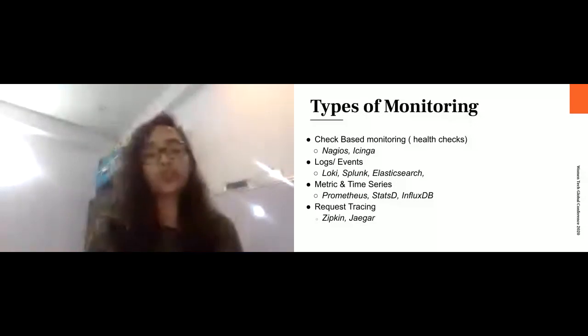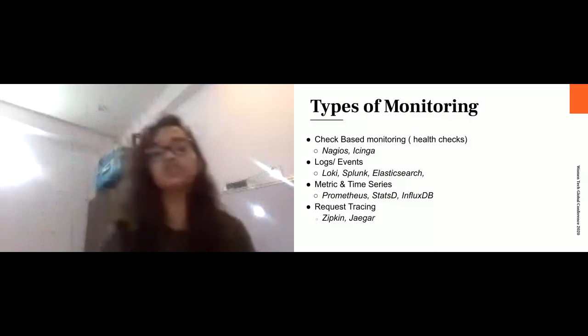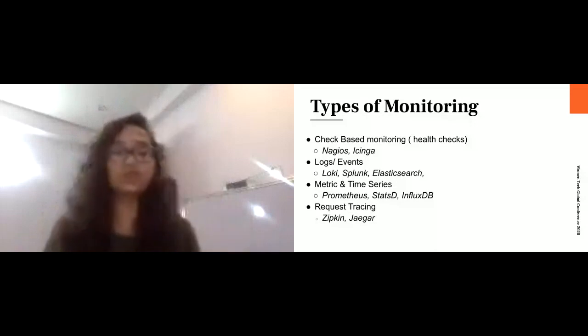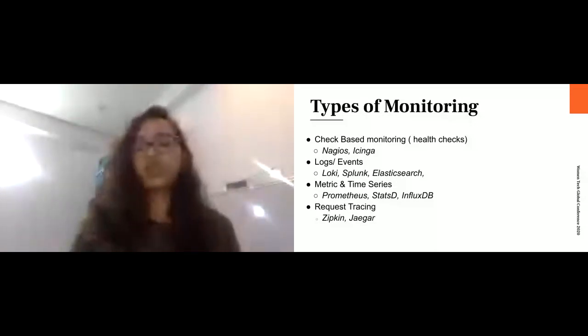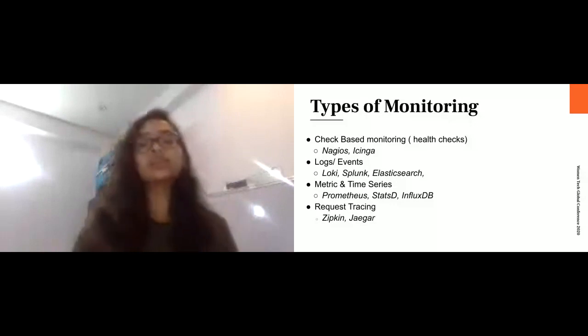Now the last one is request tracing. This is kind of a buzz nowadays. It tracks a single request through the entire stack. So the inter-service correlation problem gets solved by request tracing. We have Jaeger for that, but the con is that it's again expensive, having a lot of logs. Now next, moving to what is Prometheus, which we are targeting today.